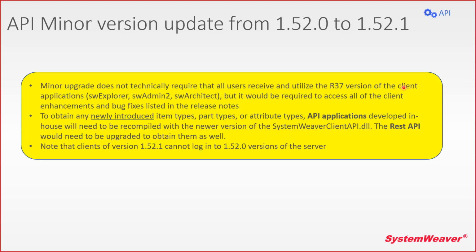Also, to obtain any newly introduced item types, part types, attribute types, your API applications that you've developed in-house would need to be recompiled, and the REST API, if you're using it, would need to be upgraded to obtain them as well. And actually in R37, we are introducing one new attribute type. So if you're going to be using that attribute type, you have to recompile your API applications and upgrade the